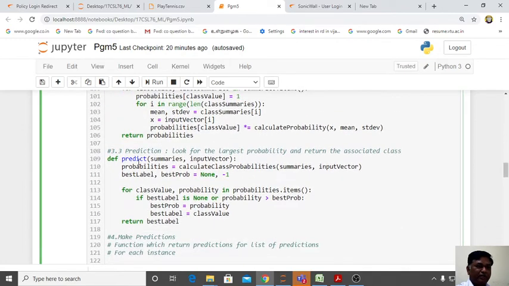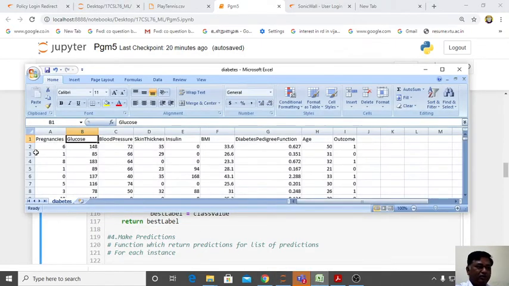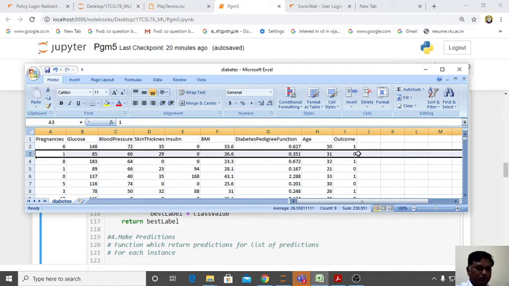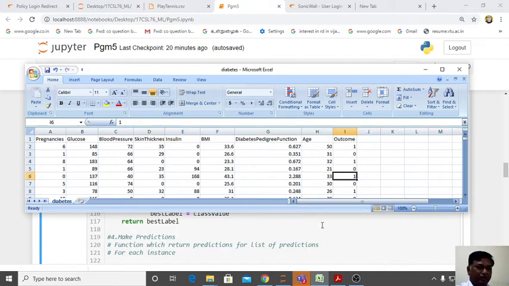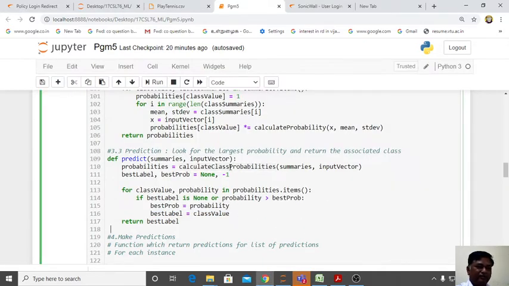It is going to predict. You know your summary. This is your first test input. Now we have to calculate probability of that input. So probability is equal to calculate probabilities, class probability. Now you have passed one data, assume that that data belongs to 1 or 0. So this is, for example, this is your input data. This third is your input data, that is 0, class is 0. Or randomly you are passing, it may be 1, so it may be 1.